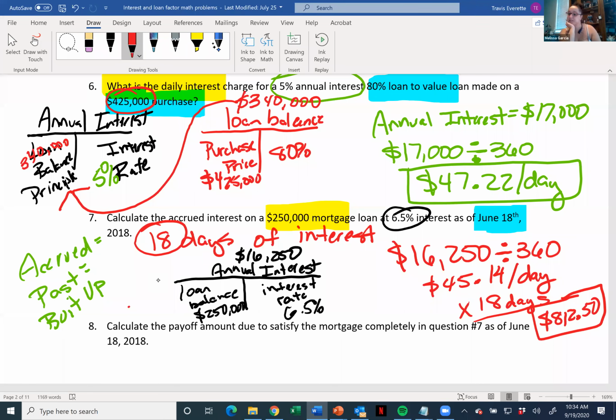With interim, you've got to do a little bit more work, because if they had, could we have done interim interest on this same loan? Mm-hmm. But interim interest wouldn't have been from the 1st to the 18th. It would have been from the 18th to the 30th. So there would have been 13 days' worth. Right, it would have been the 12 plus the day we're on. That's exactly right. So we could have done interim interest on it as well, but they wanted accrued.